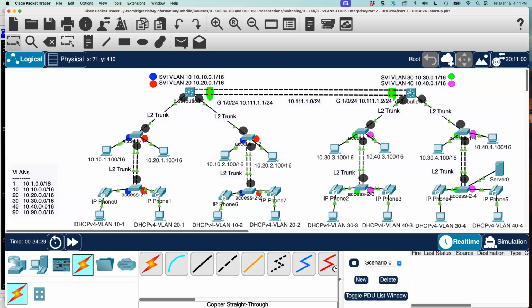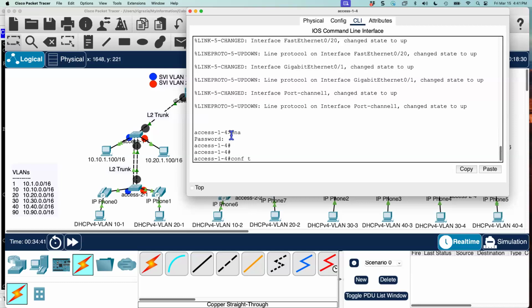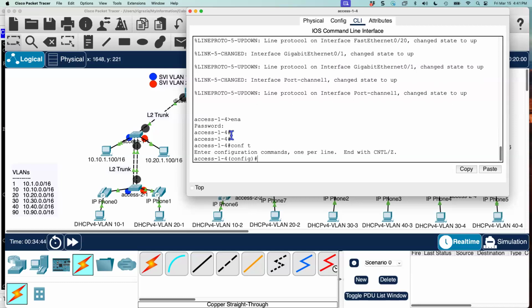Let's talk a little bit about PortFast. So what I'm going to do is go up to this switch here, and I'm going to configure a port. I'm just going to make it interface